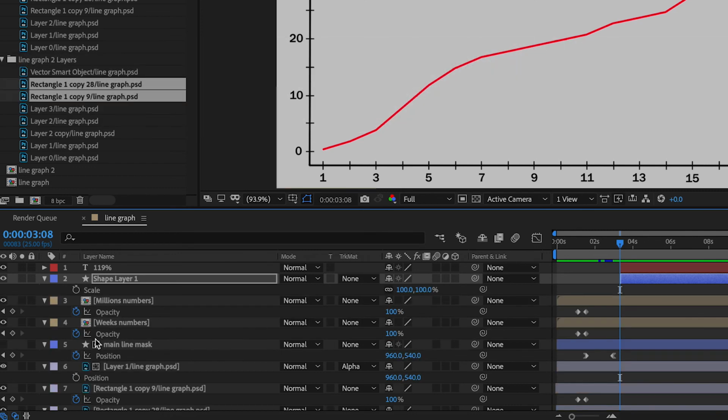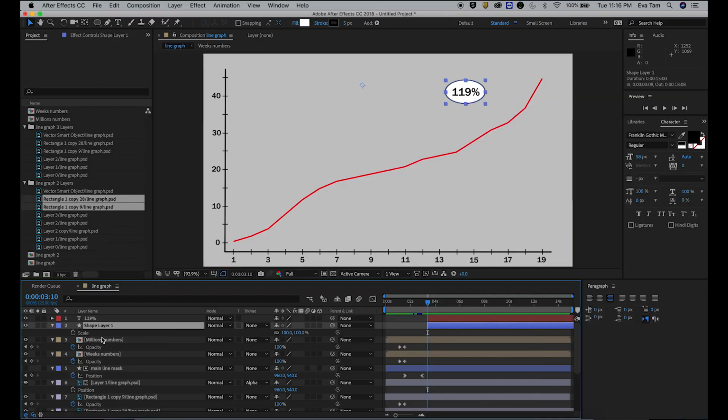So anyway, we're gonna do scale. So we can do it from 0 to 100, like this.